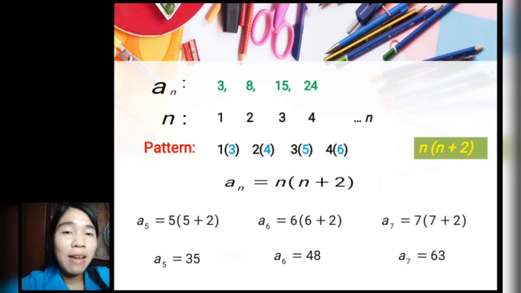9 times 7 is equal to 63. So the next three terms are 35, 48, and 63. Now, let's have another